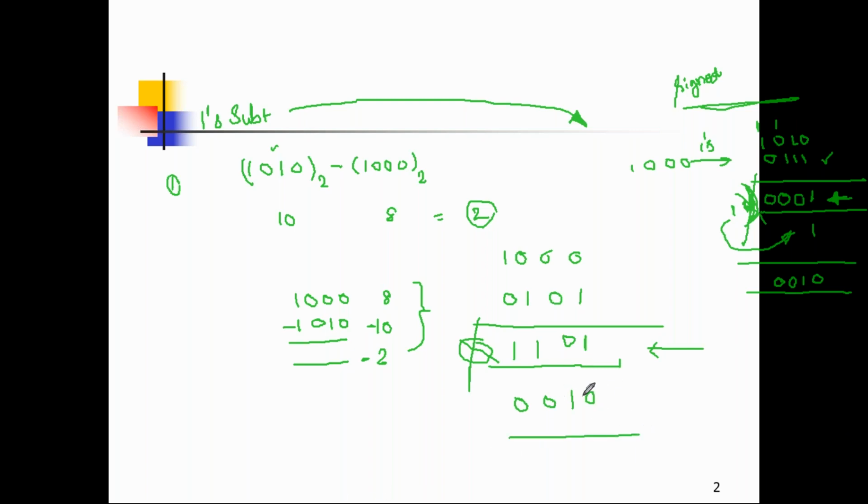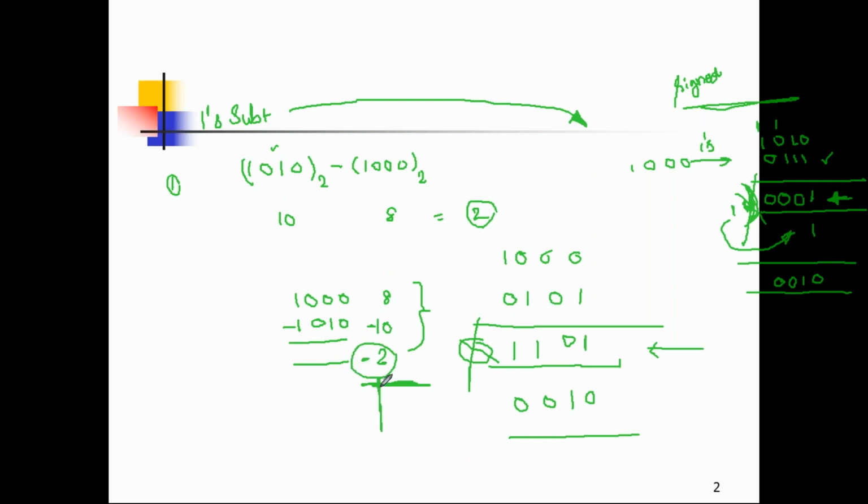What is the understanding here? Both are the same process. In the first problem, 8 is subtracted from 10. In the second problem, 10 is subtracted from 8. So the first case is a larger number subtracted from a smaller number... rather, a smaller number subtracted from a larger number; in the second case, a smaller number is subtracted from a larger number. So what is the understanding here? In the second case, a minus sign will appear.